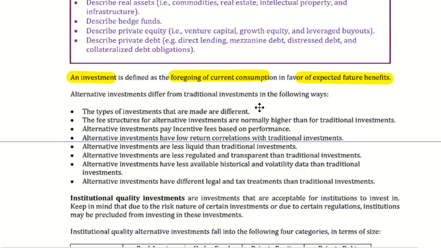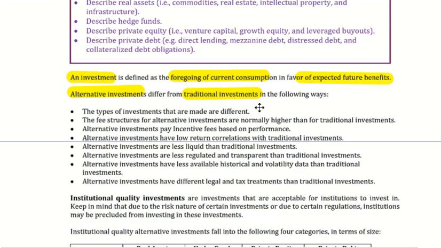Generally speaking, and this is the way we're going to look at alternatives as we move through the CAIA Level 1 syllabus, we are always going to be comparing alternative investments, which is obviously why we're all here for CAIA, to traditional investments. Traditional investments, when we speak of those, we're typically talking about equities and fixed income securities. Why are they called traditional? Well, they've been around, and that was the traditional way to invest. You typically went into equities or into fixed income.